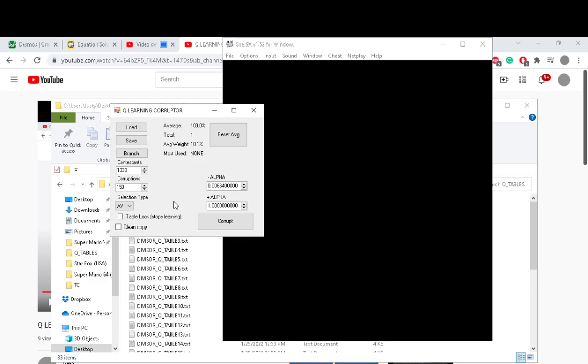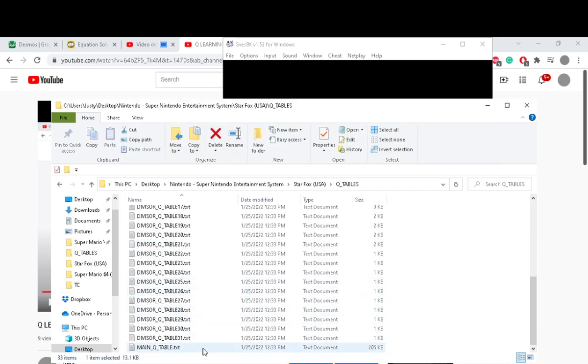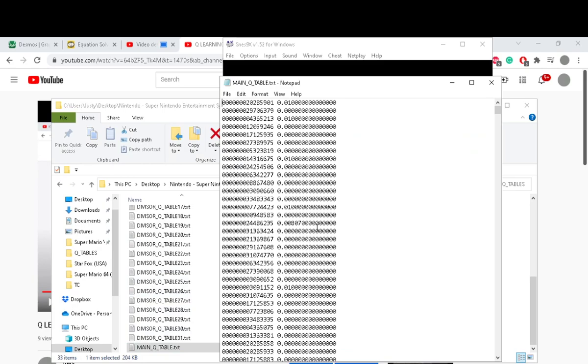Right? But there's one more thing before we go over a little bit more about the training method that I use, and that is, these numbers aren't absolute. So, for example, your positive and your negative alpha that you have here, that applies to this main Q table. So all these values here, your values are going to apply in an absolute way to